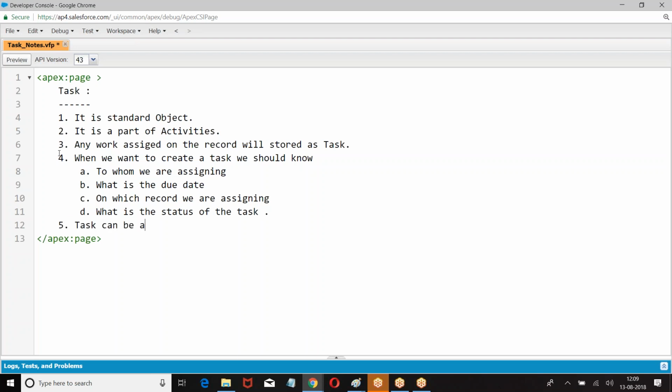Task can be assigned on any object which has activities option enabled.